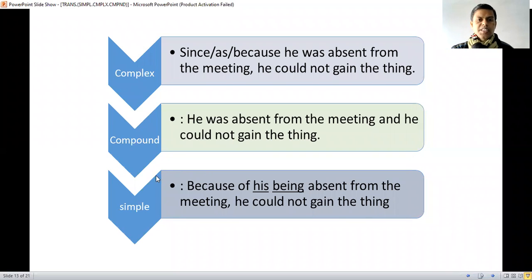And to convert this sentence into a simple sentence, what will we write? Because of his being absent from the meeting, he could not gain the thing. There will be no change in the principal clause, but for the subordinate clause, suppose in a complex sentence, since he was absent from the meeting, it was a subordinate clause. So it was a reason, and this is a result. Because of his being absent from the meeting,